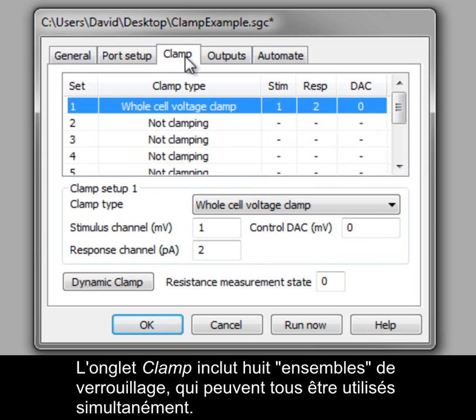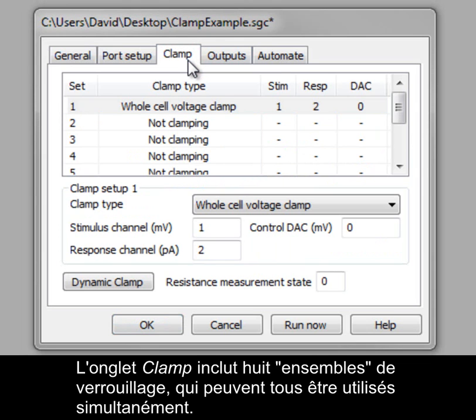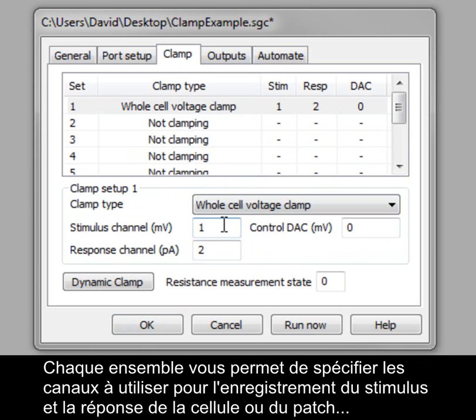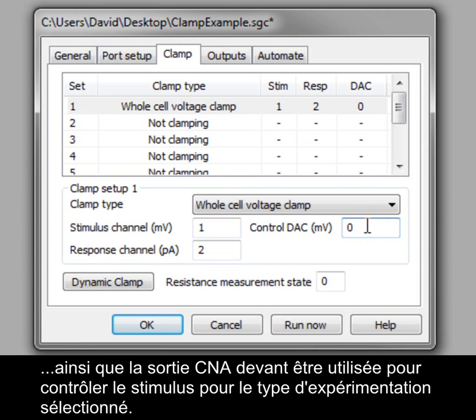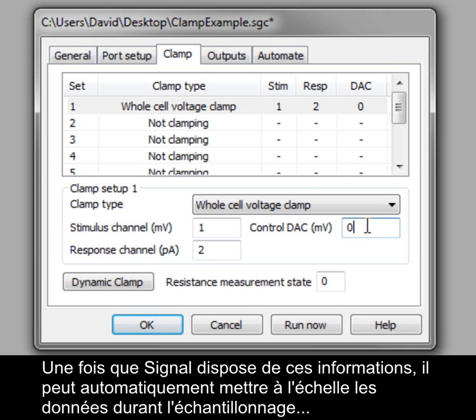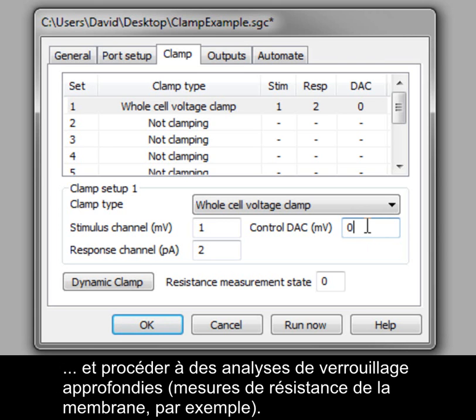The Clamp tab includes 8 clamp sets which can be used simultaneously. Each set allows you to specify which channels to use for recording the stimulus and response from the cell or patch, and which DAC output should be used to control the stimulus for the selected experiment type. When Signal has this information, it can automatically scale the data during sampling and perform further clamp-specific analysis, such as